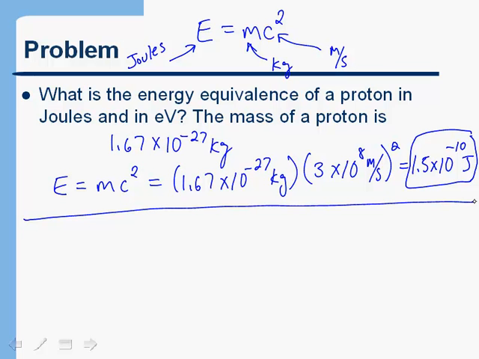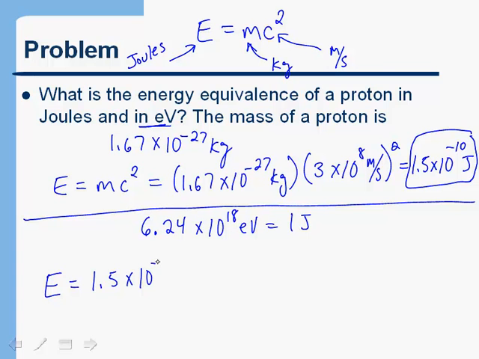To answer the second part of this question, what would that be in electron volts? We just have to convert from joules to electron volts. The conversion factor is this: 6.24 times 10 to the 18th electron volts is equal to 1 joule. And so remember how we do conversions. I want to convert 1.5 times 10 to the negative 10th joules